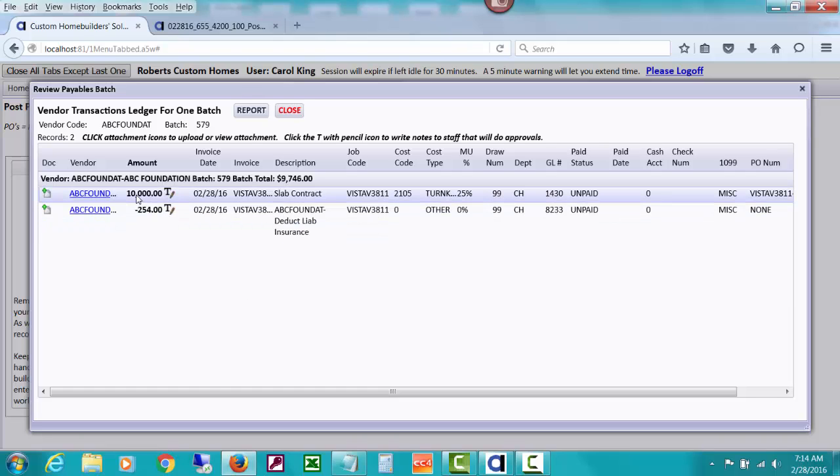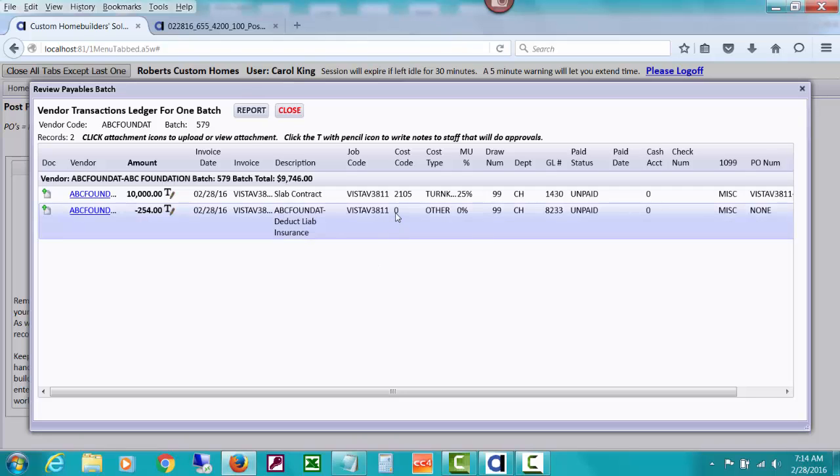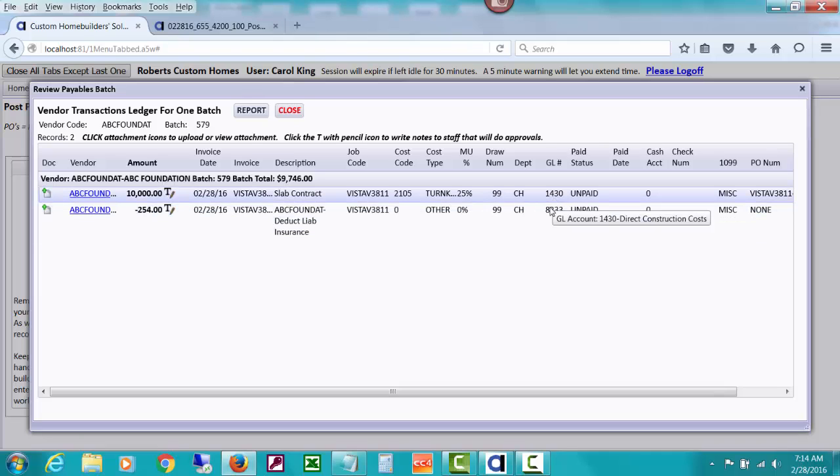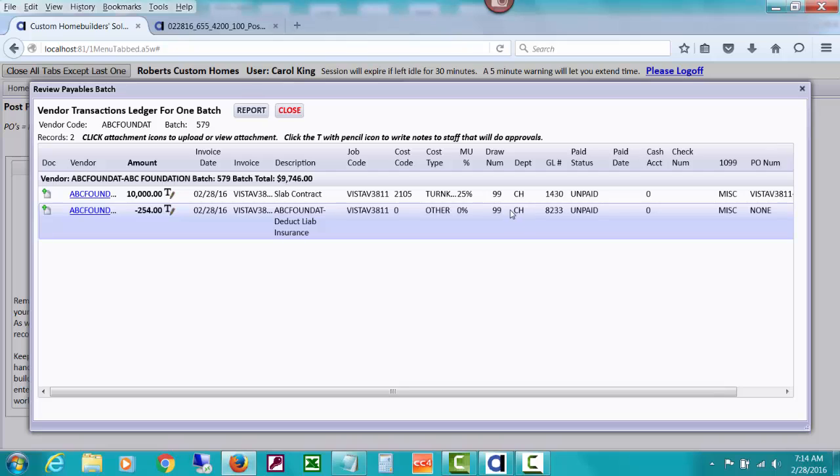You can see that here's the $10,000 for the slab contract, to the job, to the cost code. And I'm sorry, it does go ahead and put it to the job, but it does a zero cost code, so it won't show up on cost reports. And it's over here in this GL account. And if you hover over things, you can see these. What GL account? We have space issues, so we have things that we just hover over to see what's behind them. And I do put it to the job when it posts that entry,